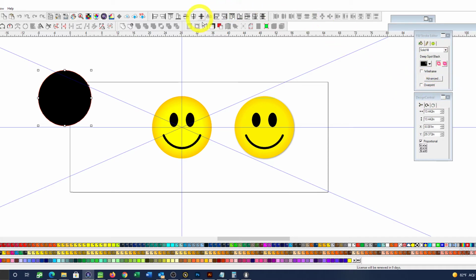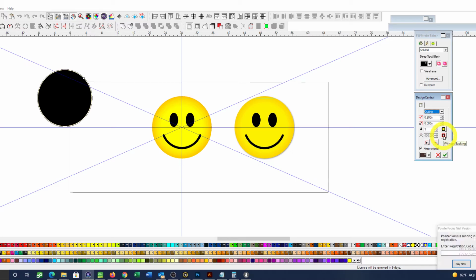and using this tool, the outline tool, or Alt W, and using the non-fill. Let's see if it mouses over and says what it is. You mouse over, it says without backing or with backing. So without backing, and then you choose the weight of it, for instance, like that. You hit OK, and then you need to separate the effect, which is Control Shift F,